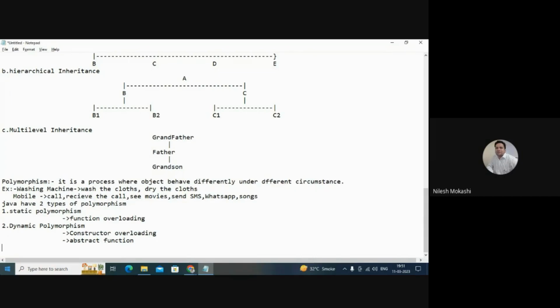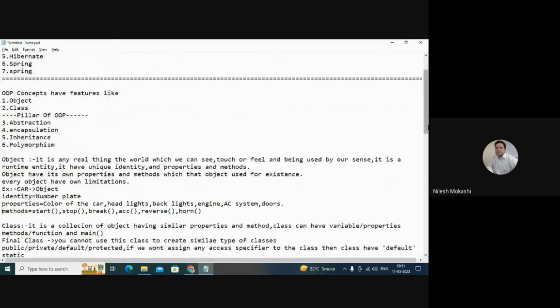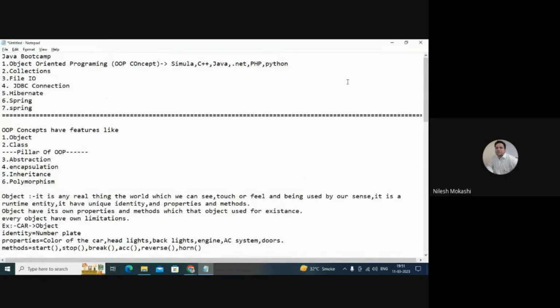So these are basically the features of object oriented programming. I will just roughly read what I have created here. I said my topic for the boot camp is object oriented programming. The Simula language used object oriented programming first.